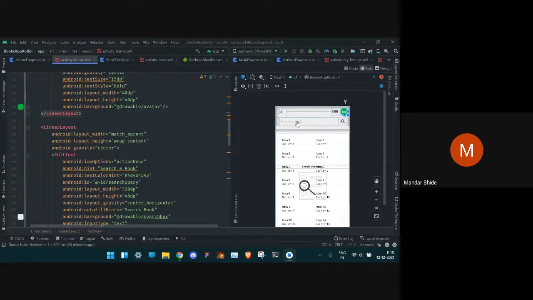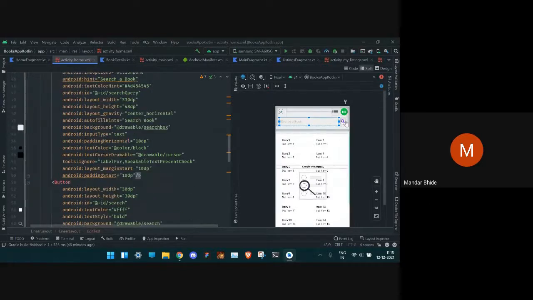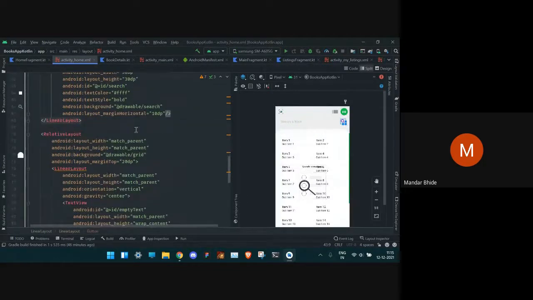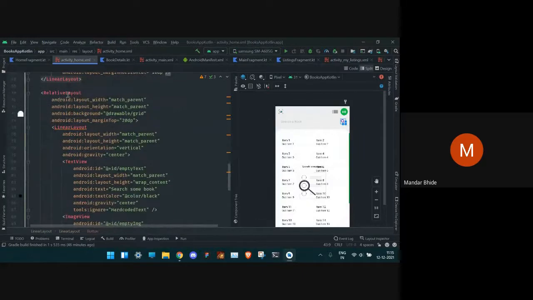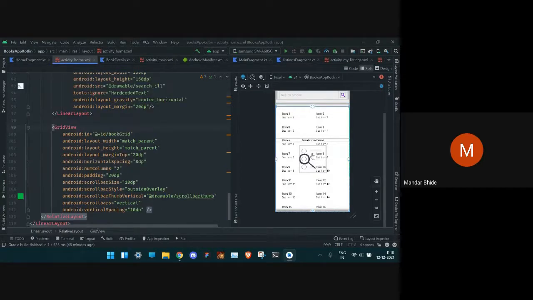Under that we have another linear layout which is another row. It has an edit text that is a text field and a button which is the search button. Under that we have a relative layout so that we can perform a stack, that is we have to have both these elements in the center.